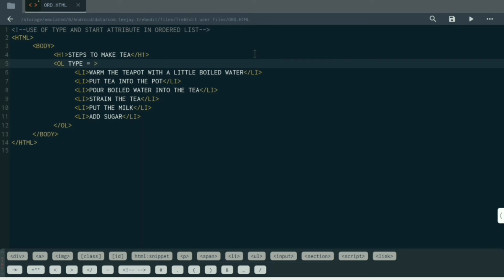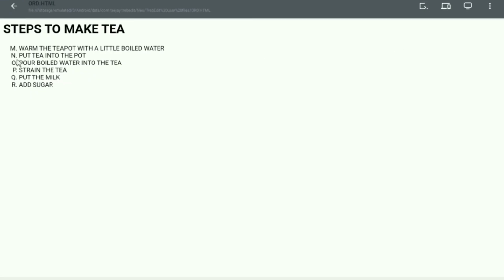I am using here capital A. You can also make a list using alphabets and numbers in ordered list, and it will start from the 13th alphabet, which is capital M. After running the program, you can see